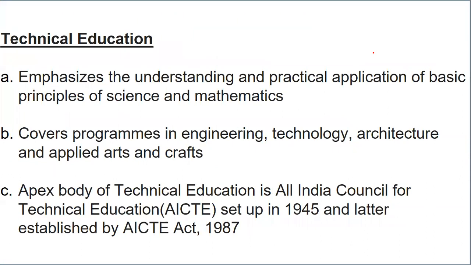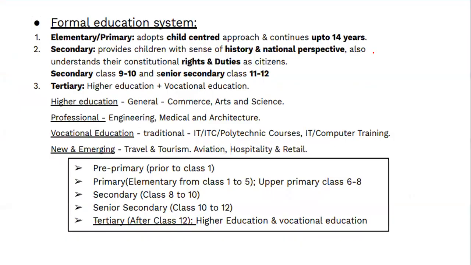Next we have technical education. So technical education is the one where students always get confused. It is something which emphasizes understanding the practical applicability. It covers various programs, so it can be in the form of engineering, technology, architecture, applied arts and craft. The apex body of technical education is the All India Council for Technical Education, which was set up in 1945 and established in 1987. Here again we have different sets of education, like formal education, non-formal education,